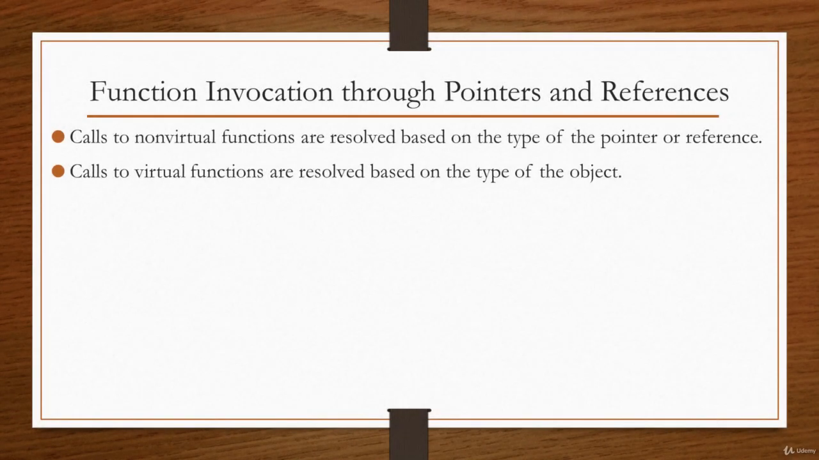And we'll end on the summary on function invocation through pointers and references. As we've seen, calls to non-virtual functions are resolved based on the type of the pointer or reference, whereas calls to virtual functions are resolved based on the type of the object, and that is really where the usefulness of polymorphism comes in